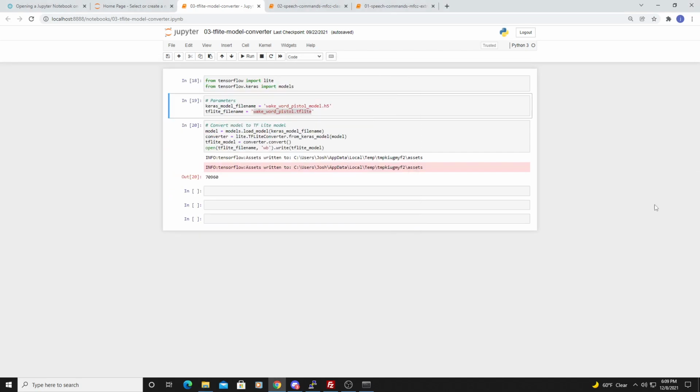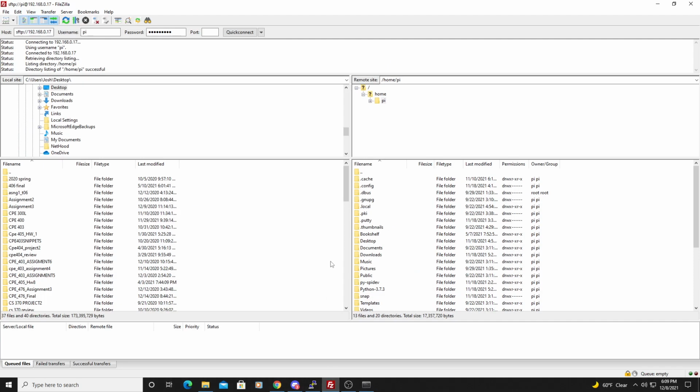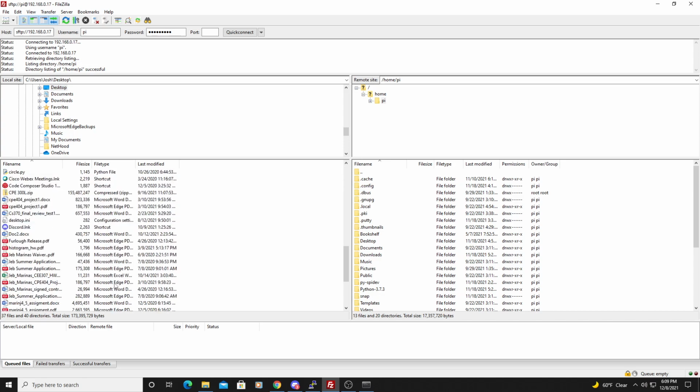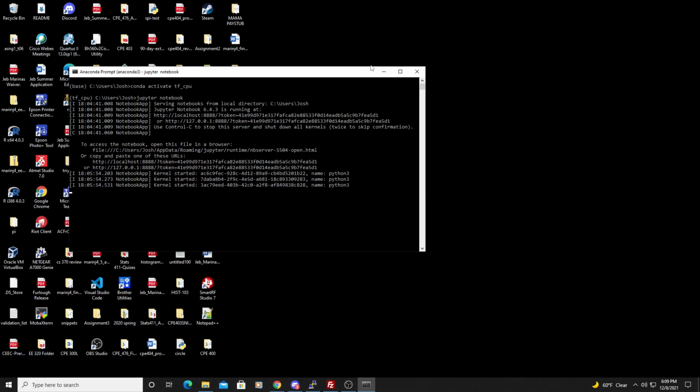So at first, I was having a hard time transferring files and all that. But after I did my own TCP using FileZilla, it was a little bit easier for me to transfer things. All I really do is drag and drop. So I drag it and put it here, drag it and put it in here. So this is the process of how we do extraction,